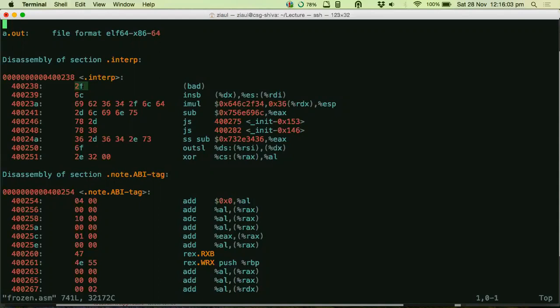Yes. And I had another question. What is the function of assembly level code? Neither the user understands it nor the CPU. Why is there an intermediate like that? Yeah, good. That's a very good question. So why is there an intermediate code?